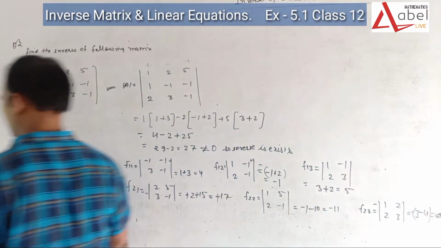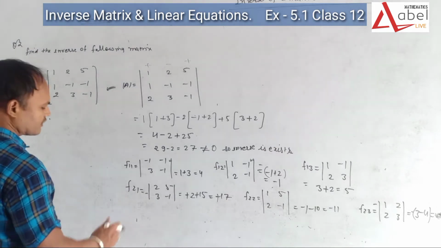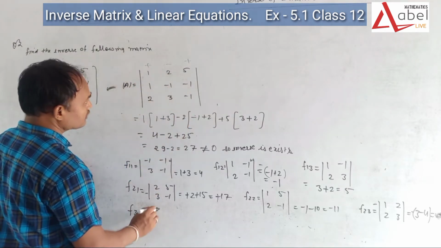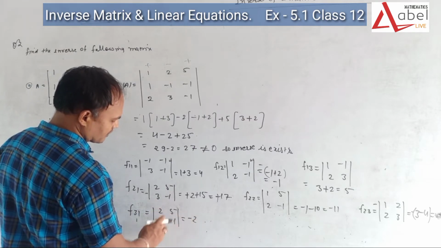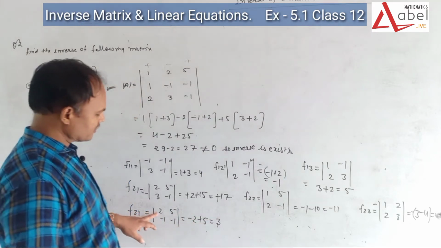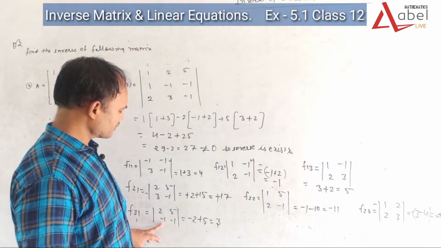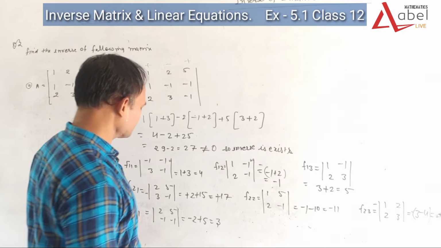Okay, now we are going to find the next value. What is the next value? The next value is f31. So what about f31? f31 means we have to remove this row and this column, so we can say that it is 2, 5, minus 1, minus 1. So we multiply minus 2, and it is plus 5, so we can say that it is 3. Look at here, it is minus 2 and minus 5, but the negative sign is already there, so it is a plus. So it is minus 2 plus 5, it is 3, and 3 plus 1 is an even number, so we leave the sign as it is.